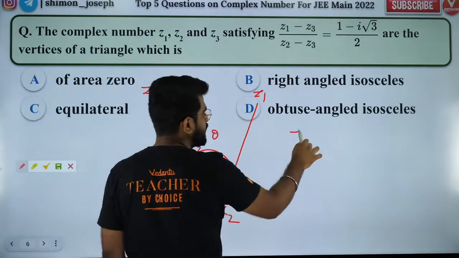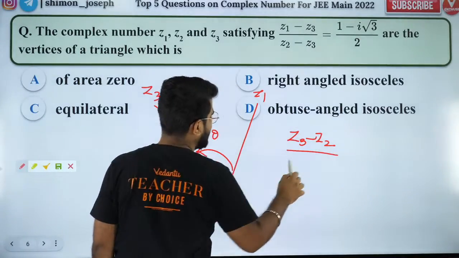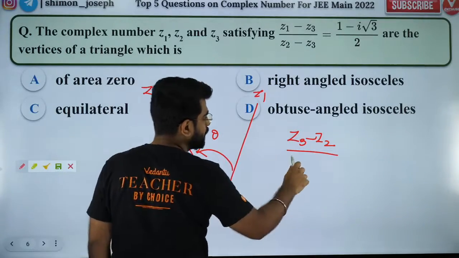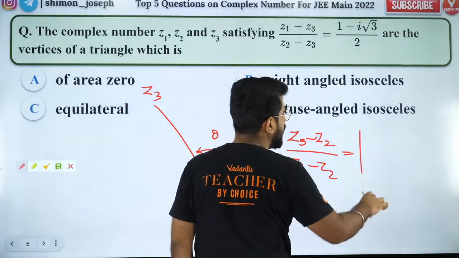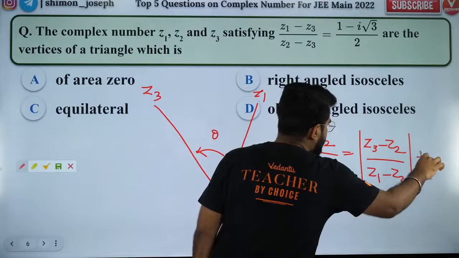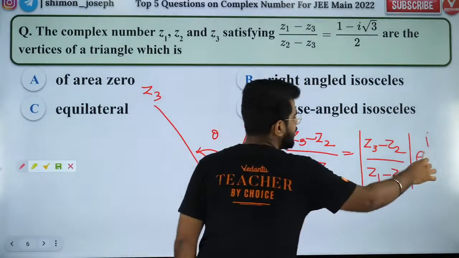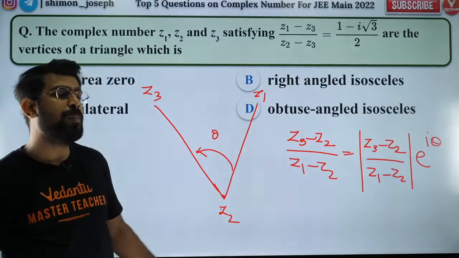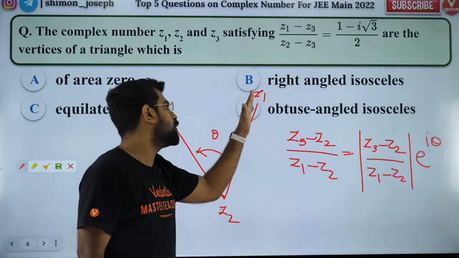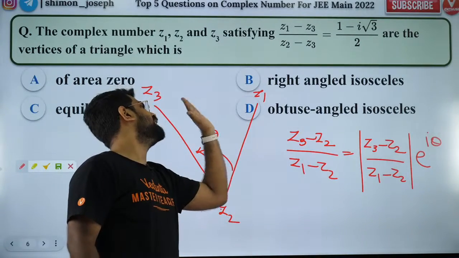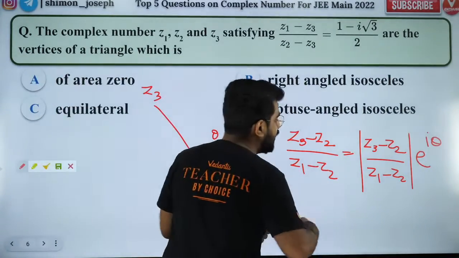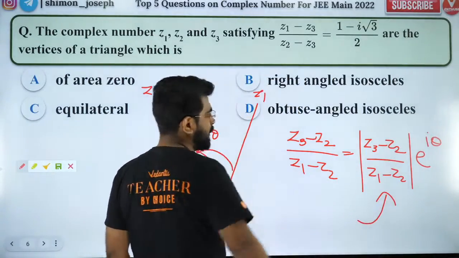Wherever your arrow points to, that vector you write first. So that vector is nothing but Z3 minus Z2 divided by, now the other base will be what? Z1 minus Z2. Now that will be equal to, you write both the modulus. So Z3 minus Z2, same thing you write again, but with modulus, into e to the power iota theta. This is what we call the rotational theorem. I hope you guys have understood it. So this is how you write rotation of a complex number. So what am I doing? I'm basically rotating Z1, Z2 by an angle theta to get Z3, Z2, and the length can also change. That is why I have taken the modulus aspect into consideration as well.